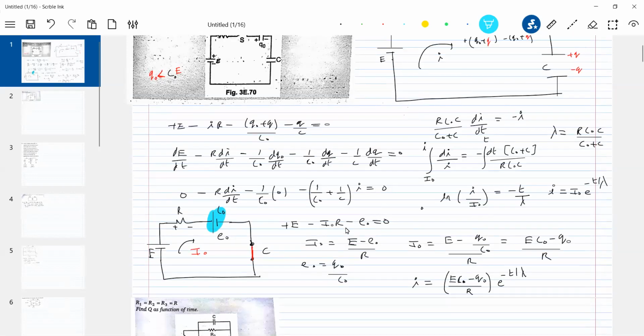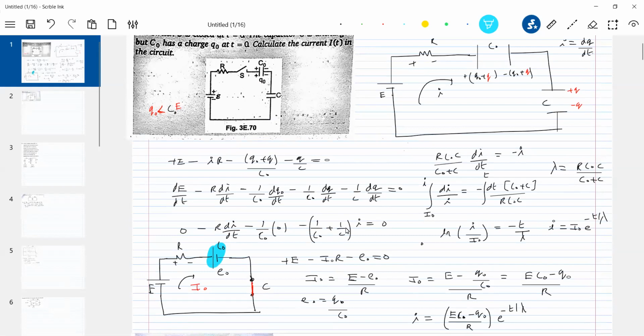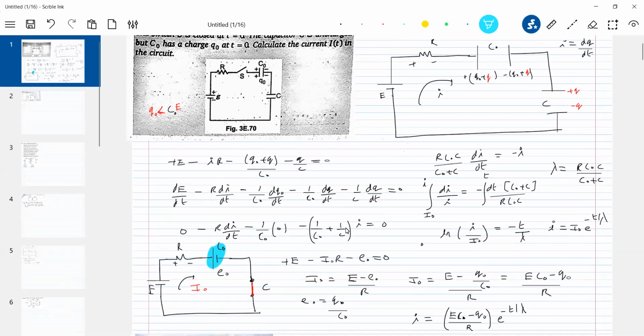Now, I think the total description, what we had, is this one. Sir, by C naught, sir. Which one? Which one by C naught? Here, one C naught will be there, no? Okay, fine. Yeah, thank you. So this will be